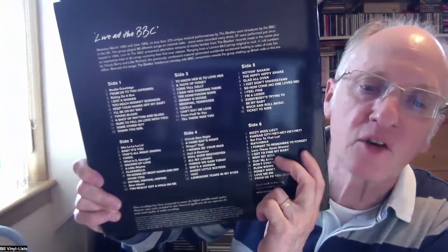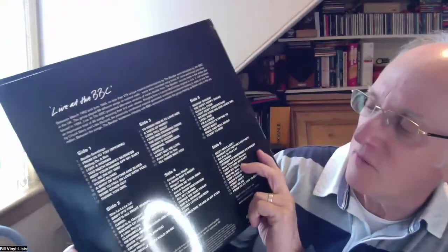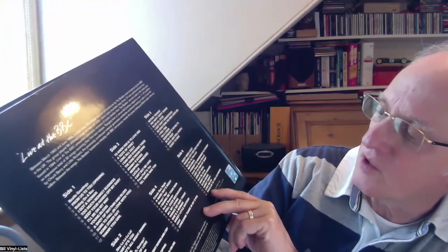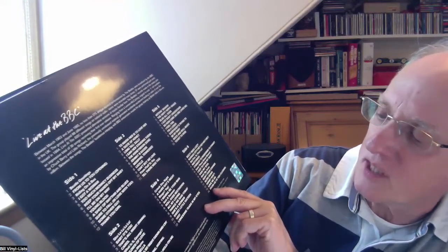So not many Lennon and McCartney tracks on here. A lot of it is the sort of rock and roll repertoire. So we've got Memphis, Tennessee, Johnny B. Good. But we do have on side 4 and 6, we've got I Want to Be Your Man. We've got Things We Said Today. So there are some Lennon and McCartney compositions on here, but this is really